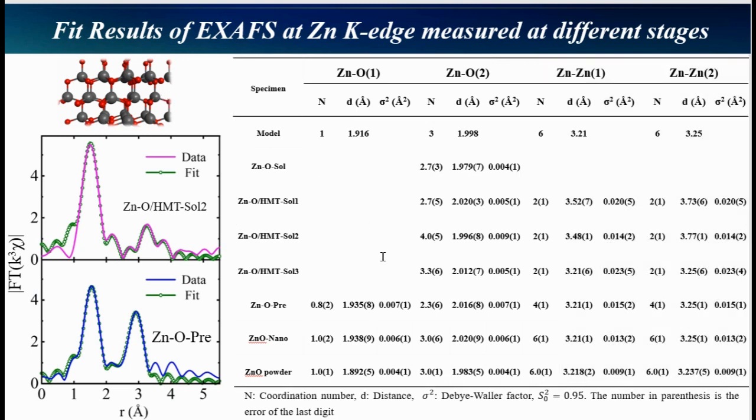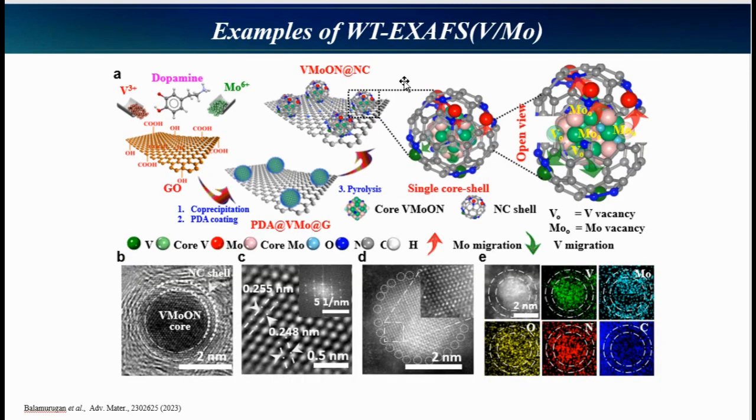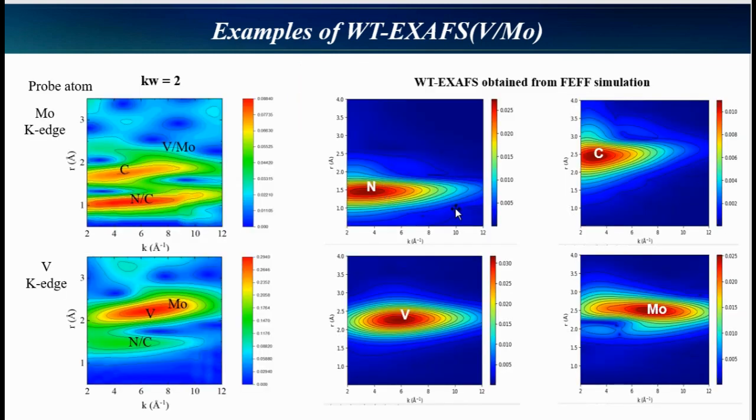As a final example, I prepared vanadium molybdenum oxide nitrogen on graphene, as shown in this figure. The EXAFS data are collected at the vanadium K-edge and molybdenum K-edge respectively to investigate the local structure. To understand the neighboring atoms of nitrogen, carbon, vanadium, and molybdenum, we made a theoretical wavelet transform EXAFS for them